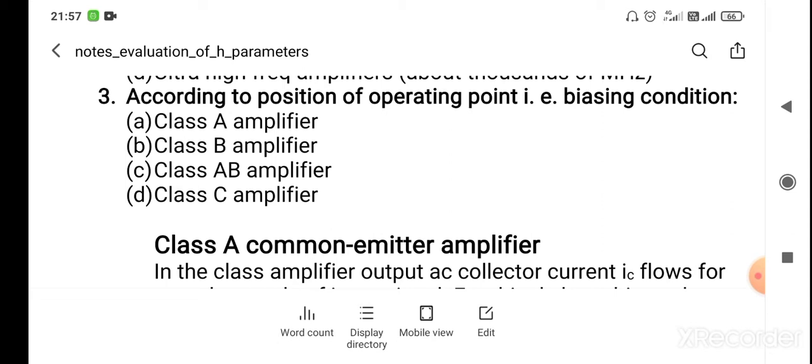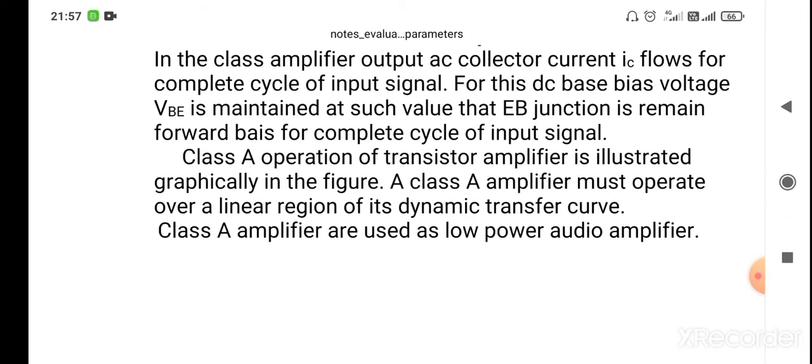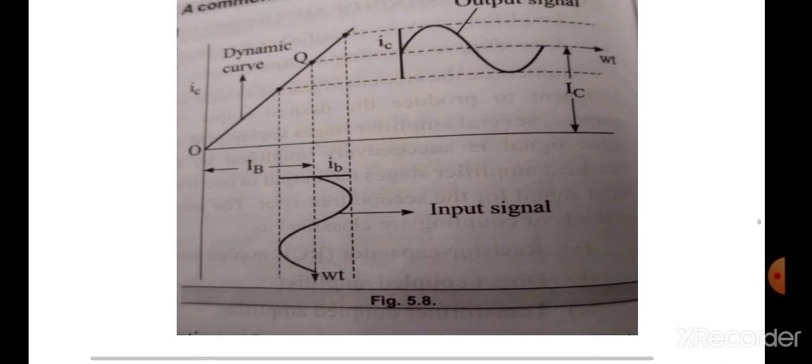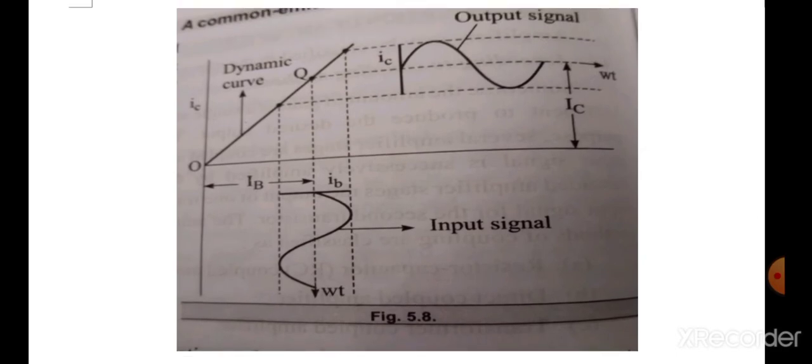We know that in common emitter configuration, the emitter terminal is common. It means that the input current is the base current and the output current is the collector current.